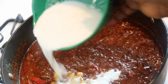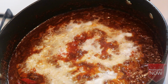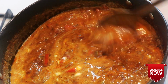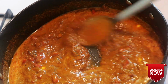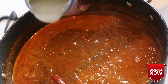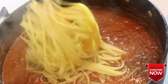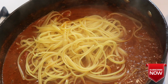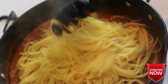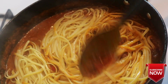So guys, for this pasta, I also love to add some coconut milk. This gives it a very rich and creamy taste and flavor and look. It just makes it like an extra bougie pasta. I also added a little bit of coconut cream. So you also want to add that, mix it, and then as you can see, I'm adding my